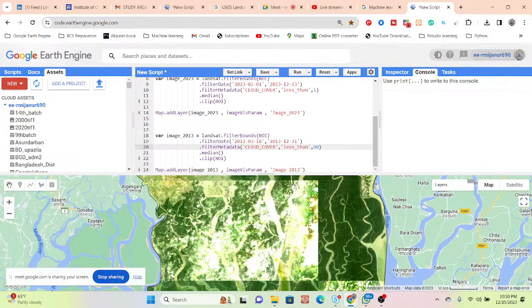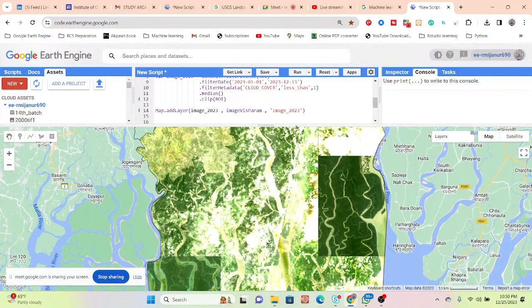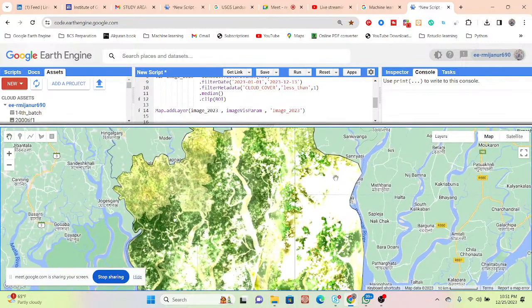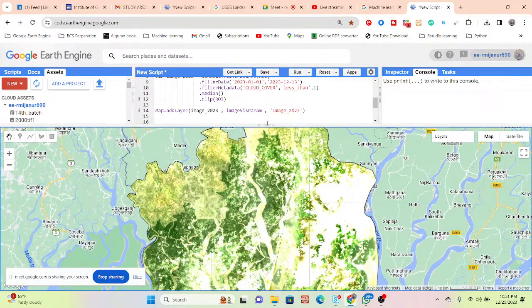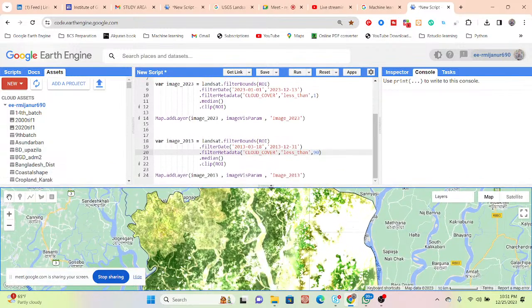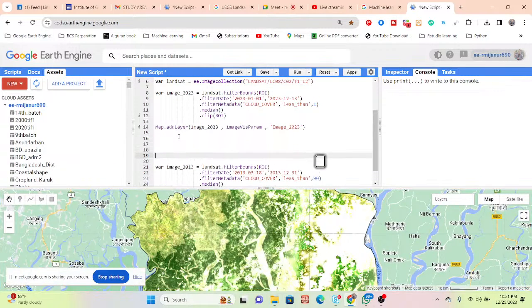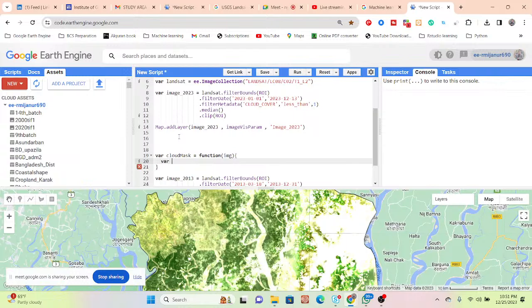Okay, in this time we can get some cloud, you can see we can get this type of cloudy pixel. Okay, so for that we also need to apply the cloud mask band function. So for that we just apply the function in here for the cloud mask band. Okay, so just take a variable, suppose cloud mask, and then call the function image. Just take a variable, suppose qa, and then call this img, and then select with your band. Okay, so in this time we find out the cloud mask band name.